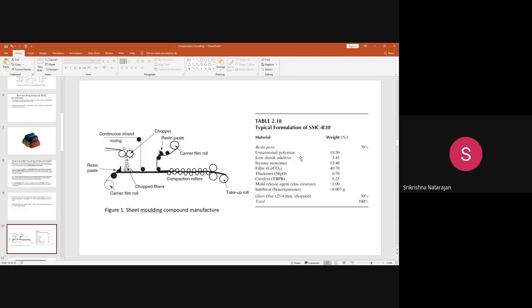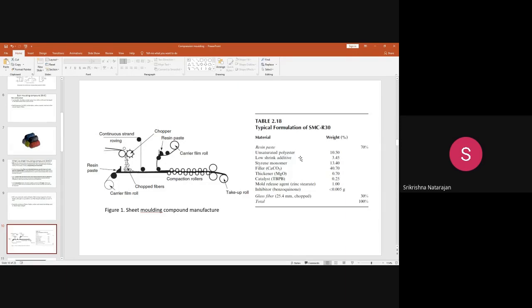Mostly these are oils, fats, and waxes in the form of soaps, like zinc stearates. This mold release agent normally has a lower melting point than the fiber or the matrix material, so it will quickly melt and penetrate inside the surface. The surface will be in the form of a polish, like butter paper, a little glossy and smooth, so that the composite formed can easily be removed. Okay, it is a release agent.